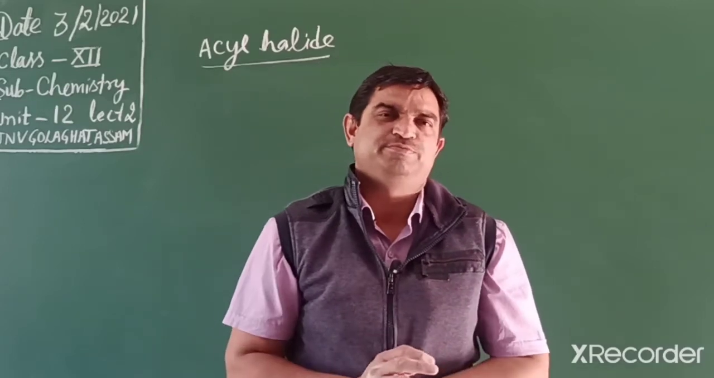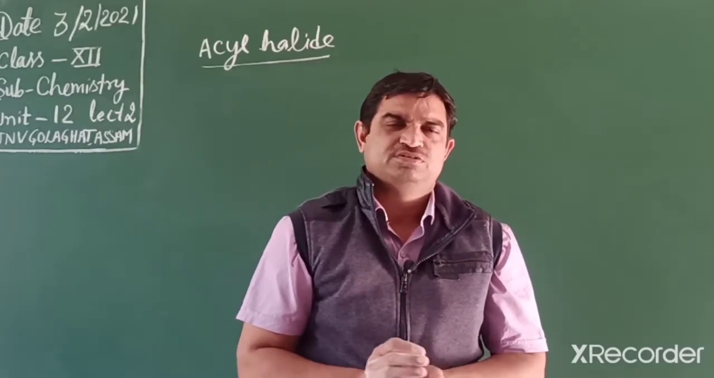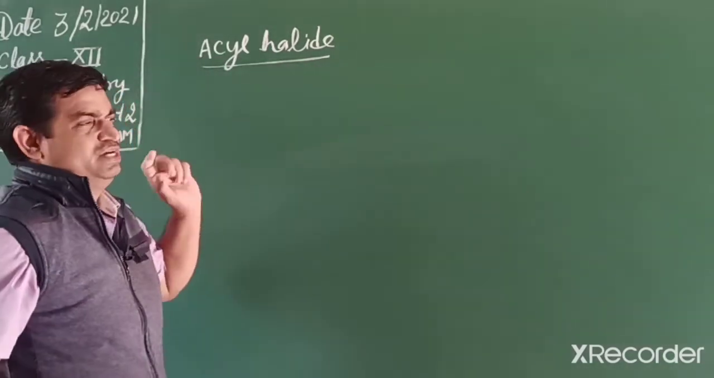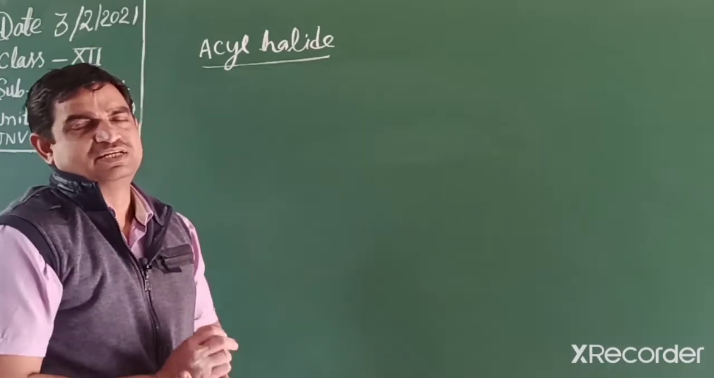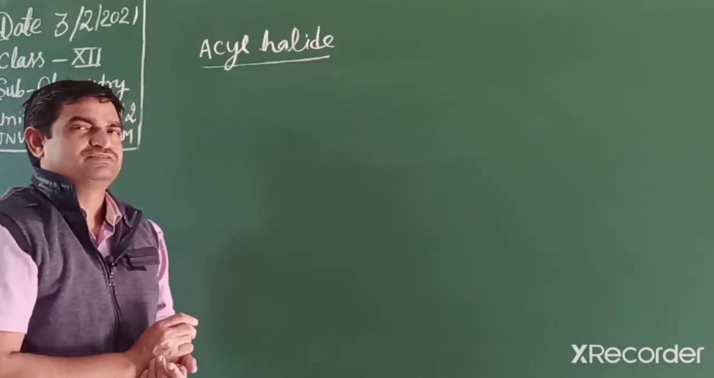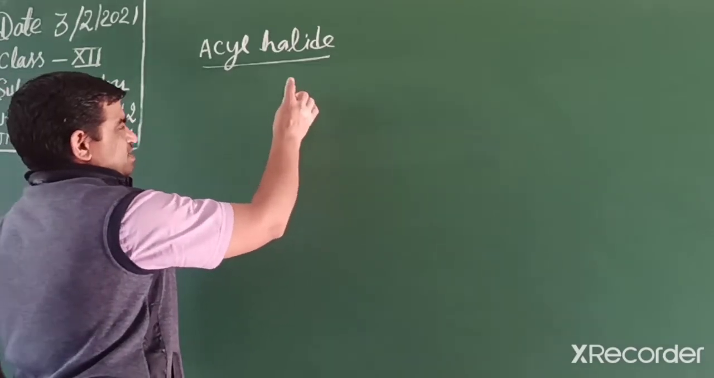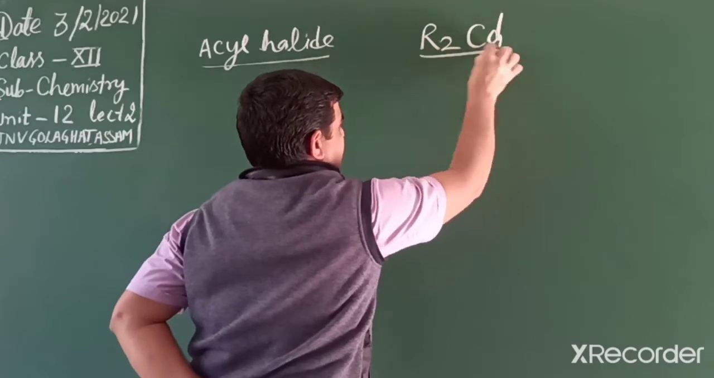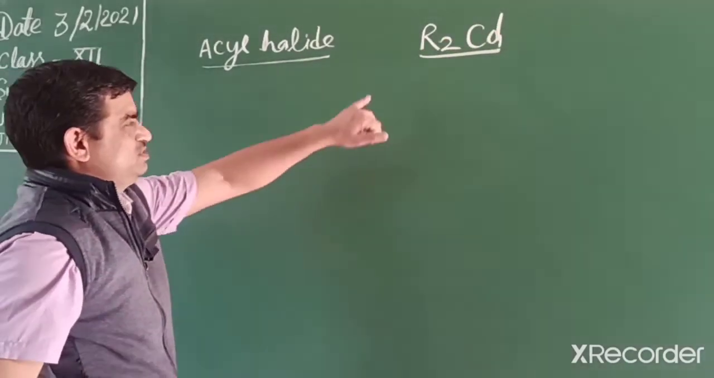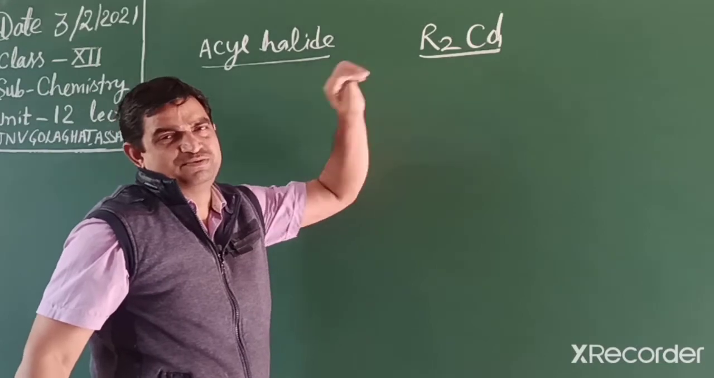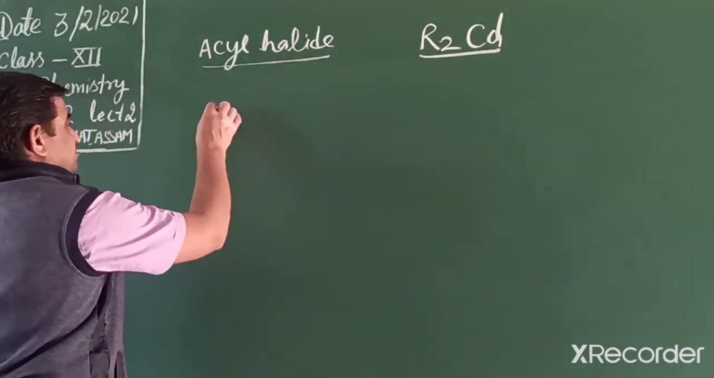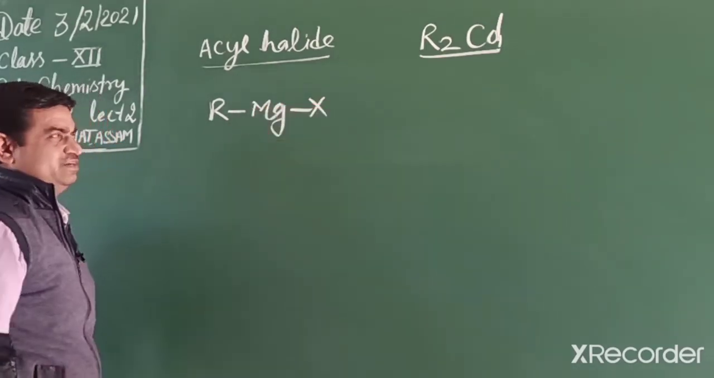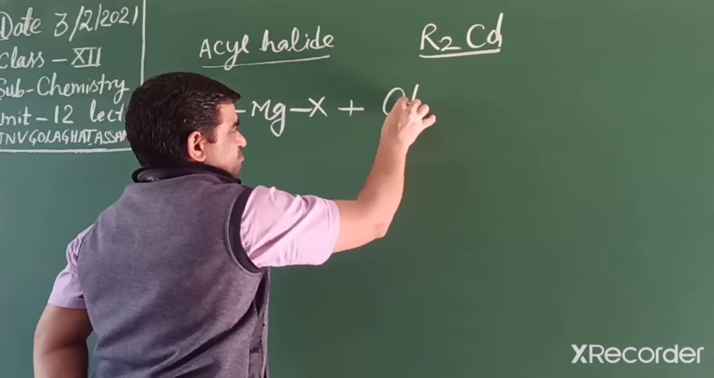Now students, we will prepare ketones separately from acyl halides. When dialkyl cadmium reacts with acyl halide, the product is ketone. First we will prepare dialkyl cadmium, an organometallic compound. This dialkyl cadmium we can prepare from Grignard reagent, that is RMgX, when a Grignard reagent reacts with cadmium chloride,